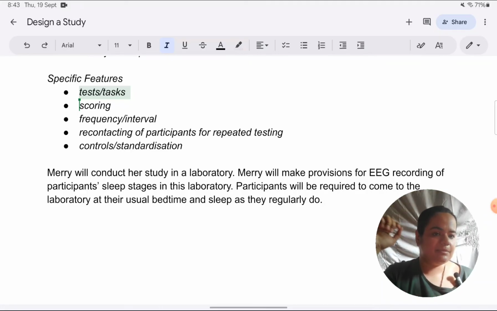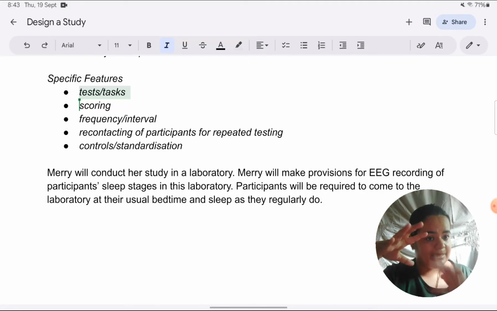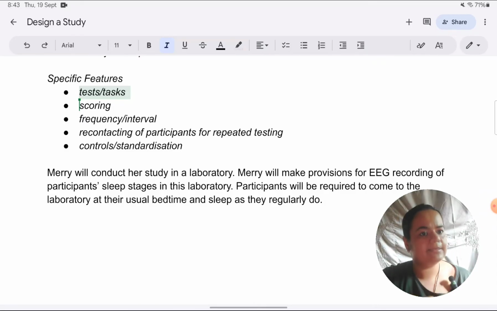Also, some students like to write the entire answer as a bulleted list. So test, task this, scoring this. Please don't write like that. You're expected to show good writing skills. Write in essay format, in paragraphs, rather than just making a list. That does not make a very good impression because you're not making a template of an answer or something. You're actually designing a study. So it should look like a proper study, just like your core studies do.